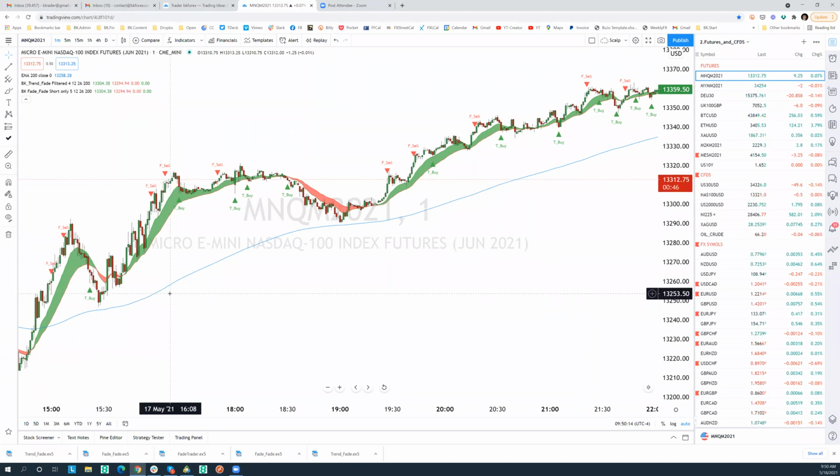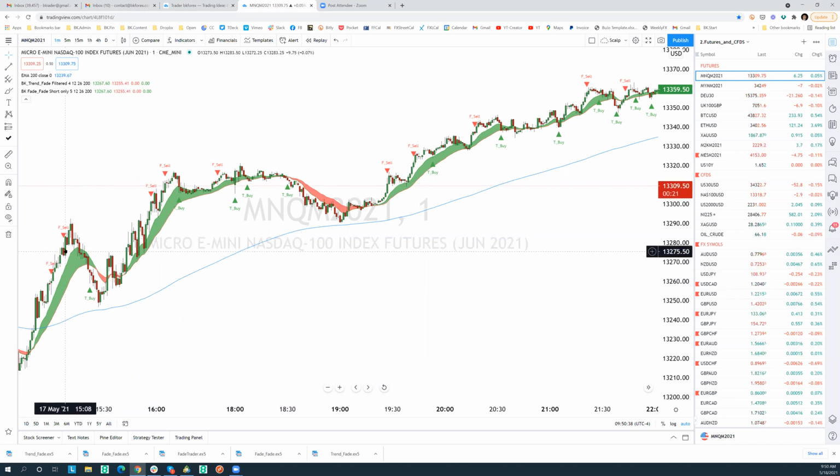You can also see that in a very, very sharp trend, your trend signals are all going to work. They're all going to work. And the fades, some of the fades are going to get stopped. So like this fade over here, this is a 59 over here. That's going to get stuffed. But I think this one,